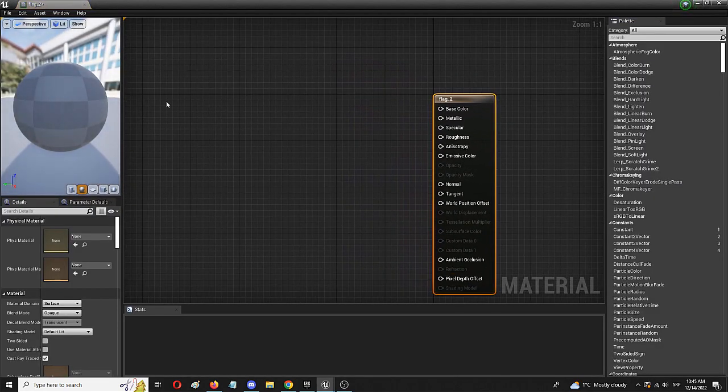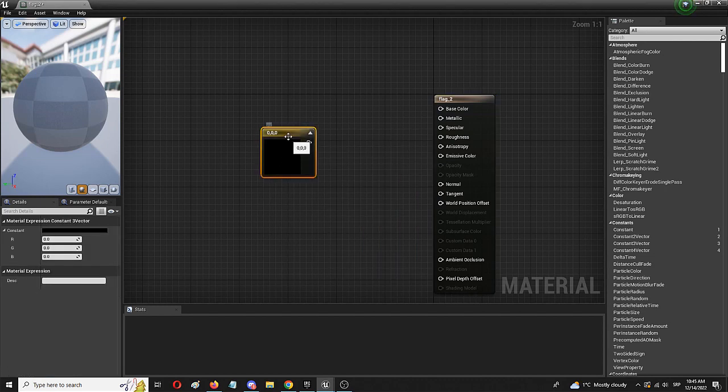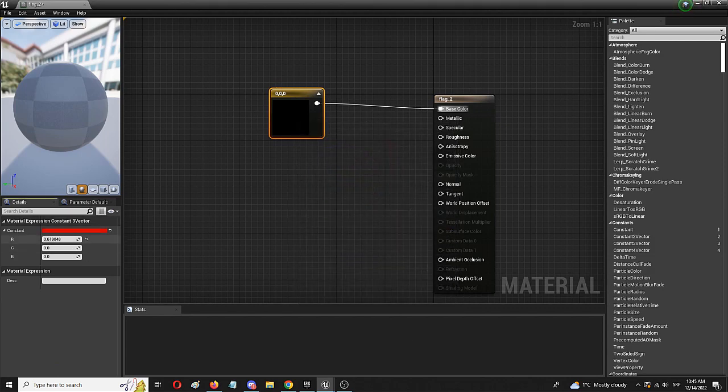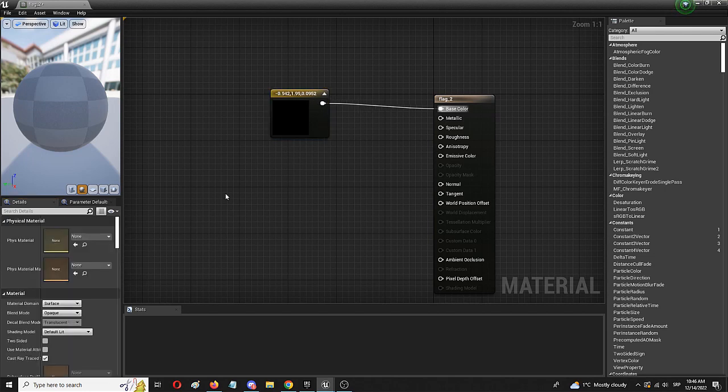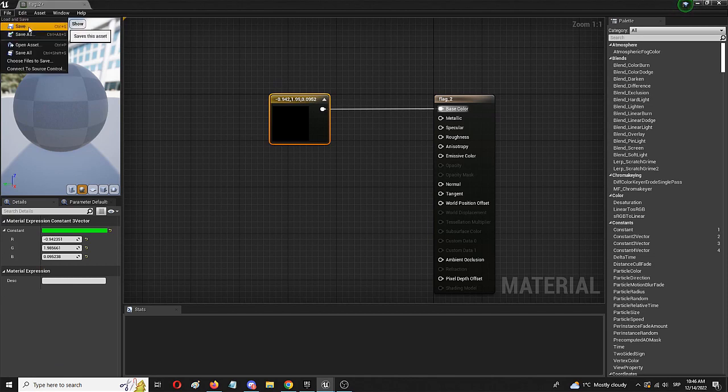So I'm going to make that flag in a single color. I'm going to add a constant 3 vector. Here it is. And I'm going to connect it to the base color. From here I'm going to edit the color to something, let's say, something that will be kind of visible against the background of the blue sky. Something like neon green. Yeah, why not? And right now I have my basic color